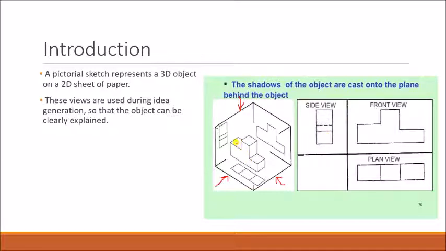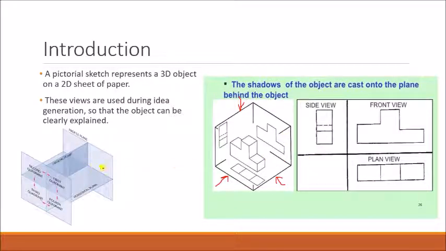For example, another face here is not visible when you are viewing from this side. So how is that face drawn? Using a dotted line. Based on whatever dimension is given, we use a dotted line to show the faces which are not visible when you view from one side. Clear? So these are the three views that are drawn. If you want a left view, that left view is drawn on the right side here. Here is just an example of those planes.